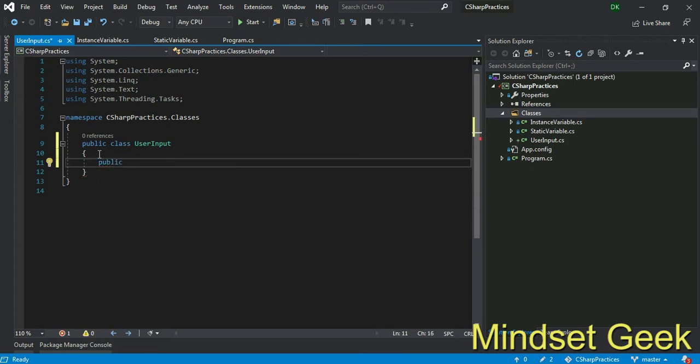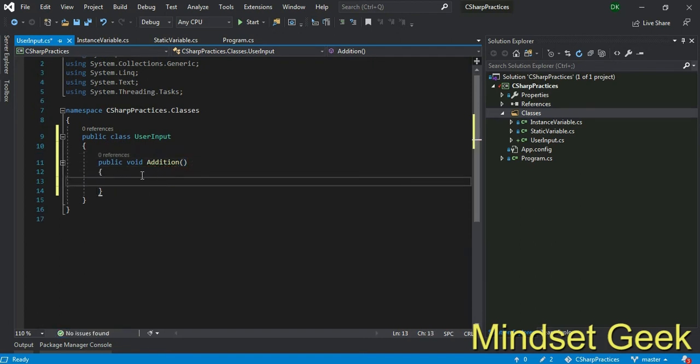It can use int type or void type. First use void. Public void addition or summation. Okay, addition, right?